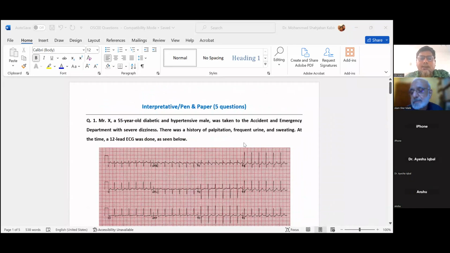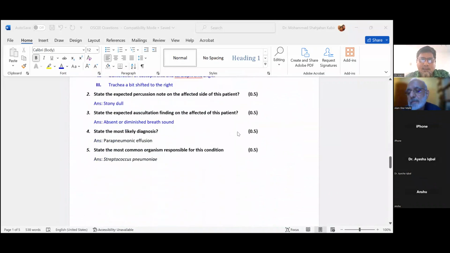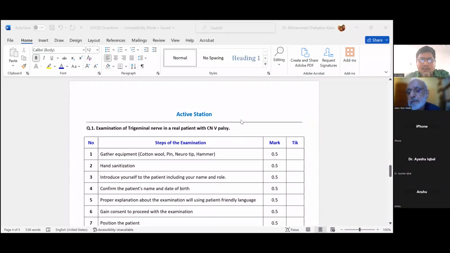Okay, actually, I have done two kinds of OSCE questions. One is, whatever you say, interpretative or pen and paper. And another one is the active stations based on